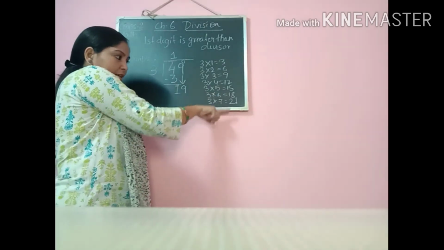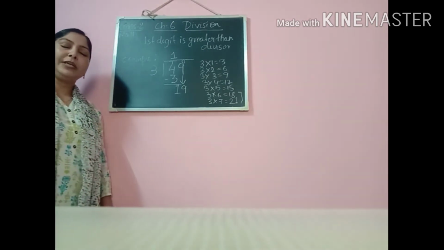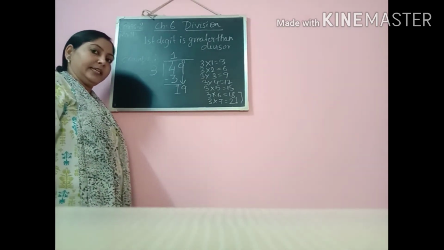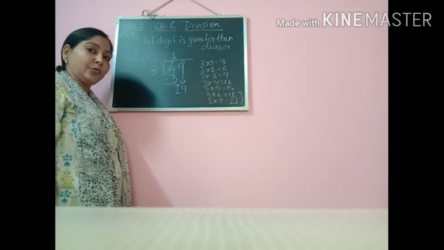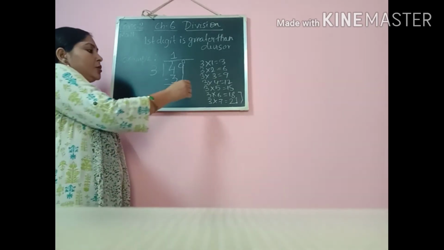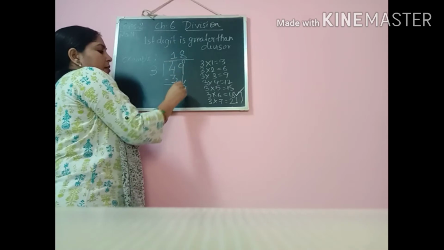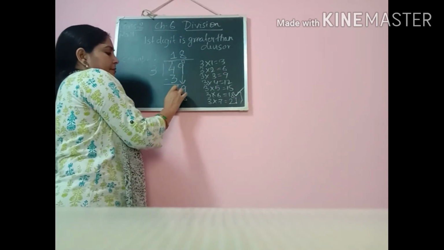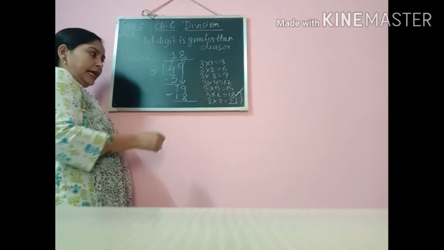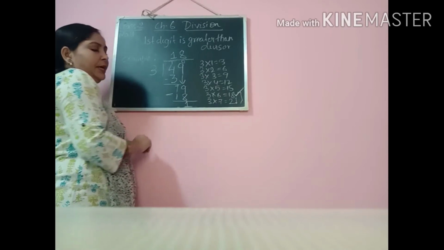Then we have to think of the rest of the numbers, these two numbers. Okay. Now if I take 3 sixes are 18, then I think somewhat it is correct. And if I take 3 sevens are 21, again 21 is bigger than 19, cannot subtract. So we will go by 3 sixes are 18, and then we will subtract it. So 1 is the remainder.